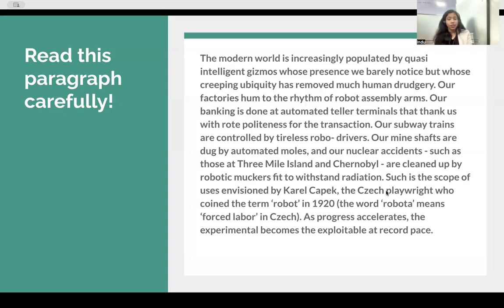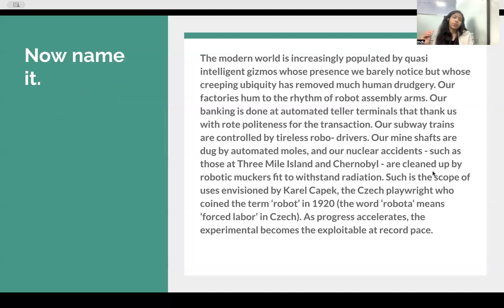As the progress accelerates, the experimental becomes exploitable at a record pace. So we are saying that what Karel envisioned is going to be even more proven in the forthcoming time. So robots will be much more useful for us, and we will have much more ease because of them in our lives. Great. Next,